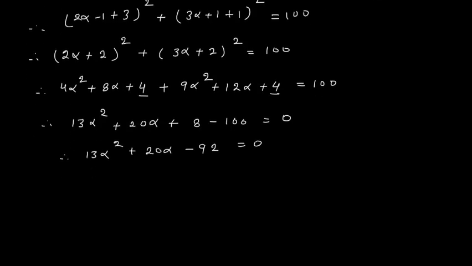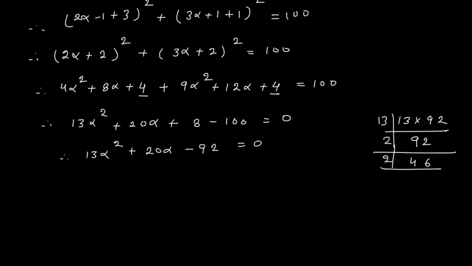So here 92 into 13, that I have to divide into parts. So 13 into 92, I will start factorizing. Let us first factorize 92. With 2, 2 4s are 8, 2 6s are 12, then 2, 2 2s are 4, 2 3s are 6, and this is 23.